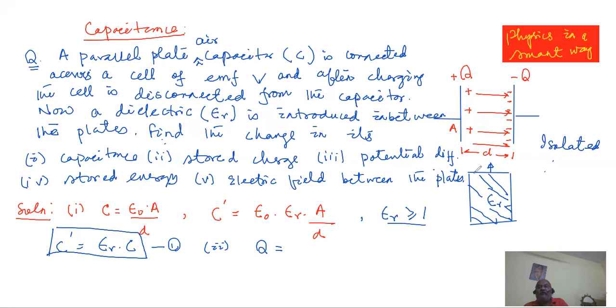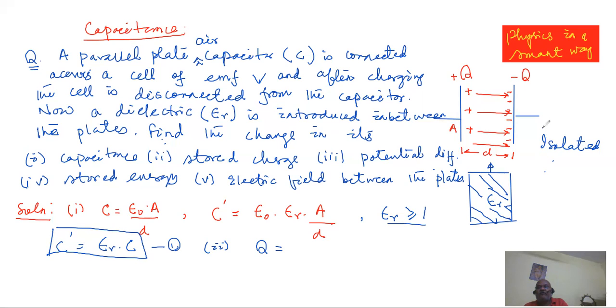Now you introduce a dielectric, and you can introduce it in such a way that it's just touching the plates or not touching the plates, just about the plates. You can assume a small gap there. Even if the gap is bigger, that doesn't matter. But here we assume that the dielectric is completely filling up the plates, and a dielectric is a non-conductor, an insulator, so it won't carry charges.